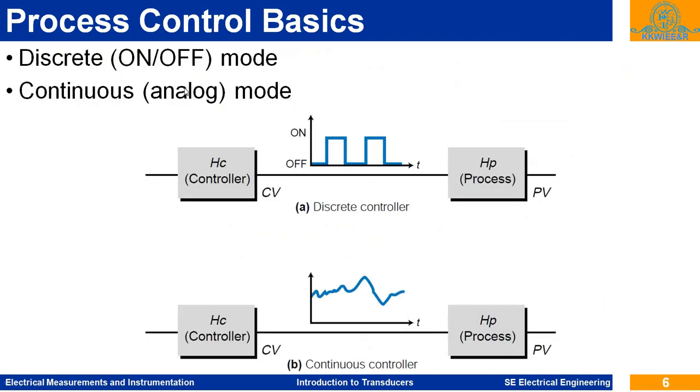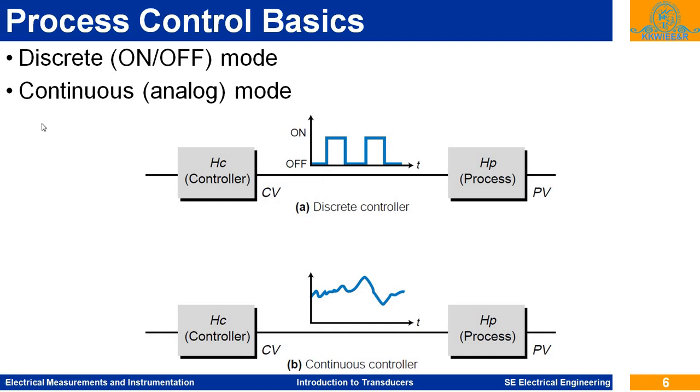So there are two types of outputs of the transducers or the sensor: discrete on-off mode, 0 and 1, or 0 and the maximum voltage level. Okay, so that is called a discrete output. Here it is off, at this instant your output is on, it remains on, and after this end it is off. So there are only two states, off and on.